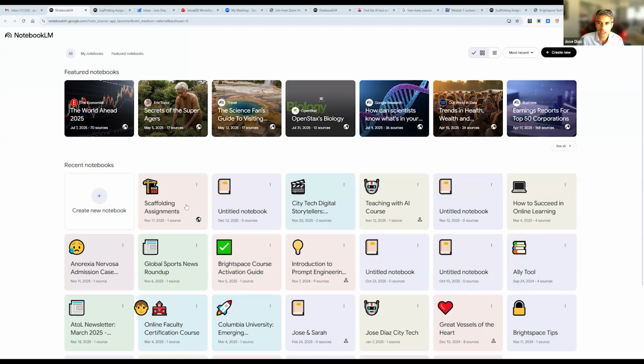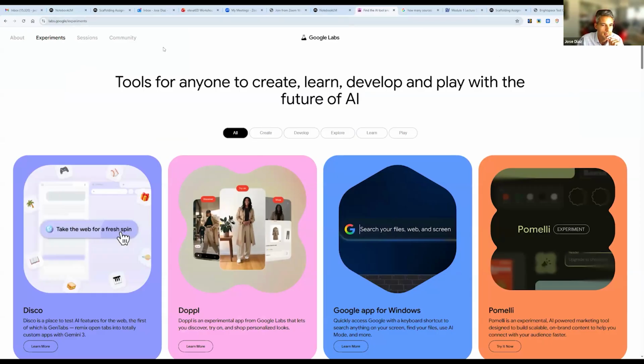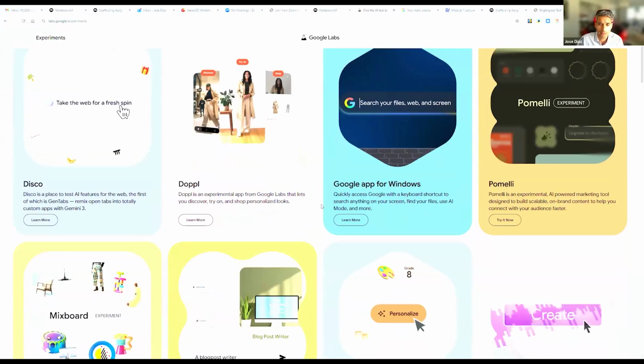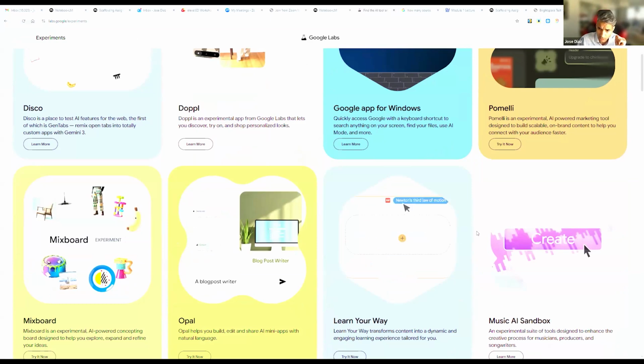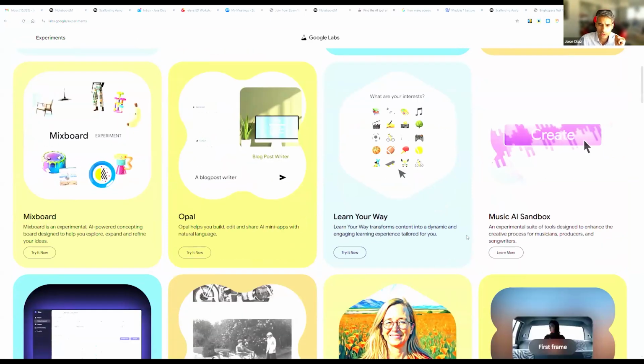Since you were sharing, I would love to share, for those of you who don't know, an excellent website. Please take some time and visit Google Labs. You can go there by typing in Google Labs or going to labs.google/experiments and it'll take you here. There's a lot of experiments that Google is playing around with. This is where NotebookLM first came up. I saw it here when it was first in beta and I was like, oh, what's this? But you can see there's a lot of tools.